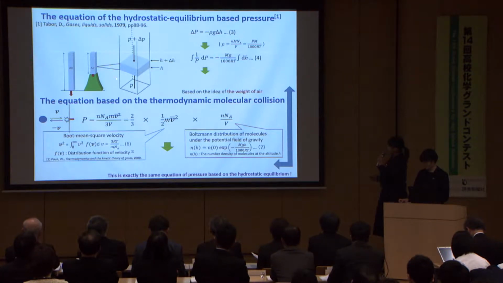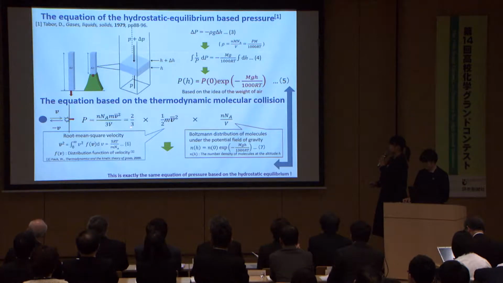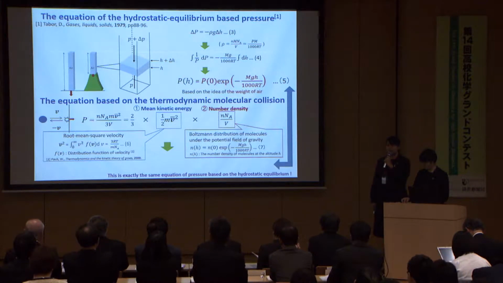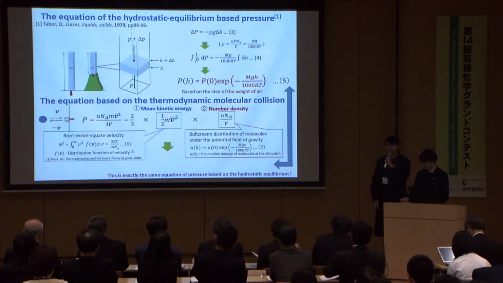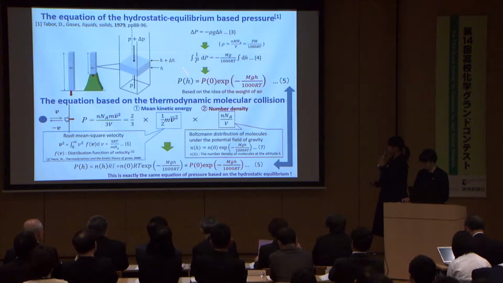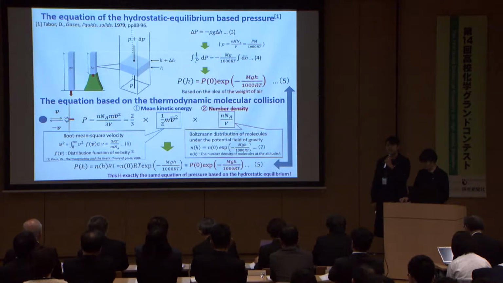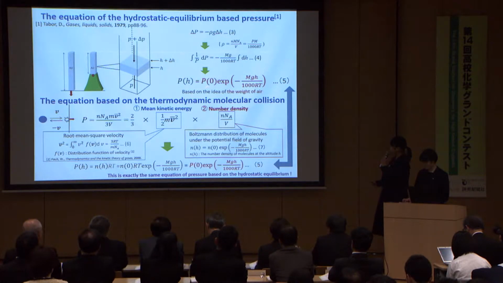It's based on the idea of air weight, and this describes the altitude dependence of atmospheric pressure. By the way, this is the air pressure based on the kinetic theory of gas. The number density of gas molecules per unit volume at the altitude of h is governed by the Boltzmann distribution under the potential field of gravity g. From this equation, we derive the same equation of hydrostatic equilibrium. Thus, we have proved that the two explanations for the atmospheric pressure, weight of the air pillar and molecular collision, are equivalent as far as we treat the atmosphere as an ideal